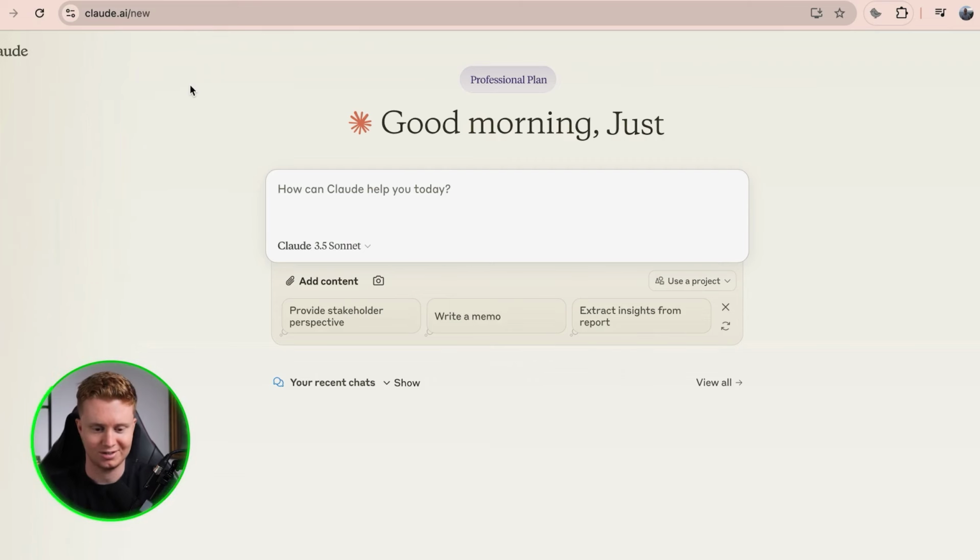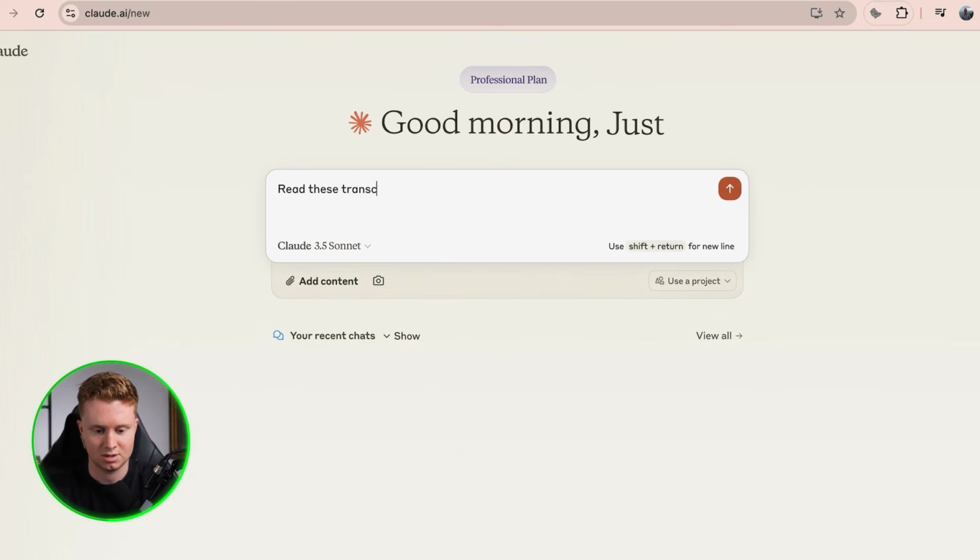Honestly, only donkeys use ChatGPT anymore. It is terrible for writing. Once you start using Claude, you're going to bow to me because this is by far the best writing AI tool that there is on the market right now. And it's absolutely insane. So once we've copied the transcript from Glasp, we just literally want to say, read these